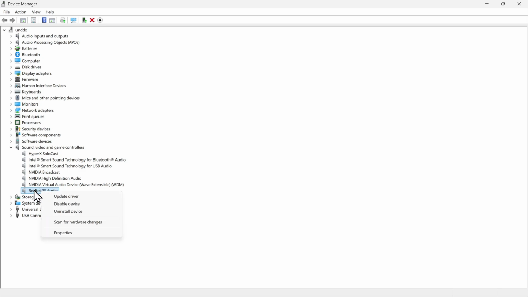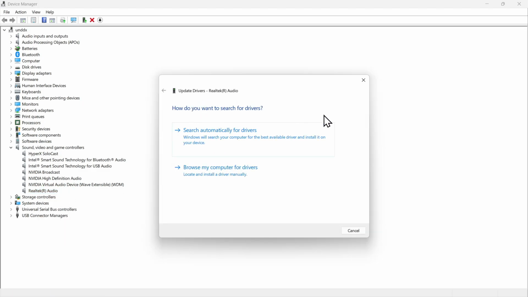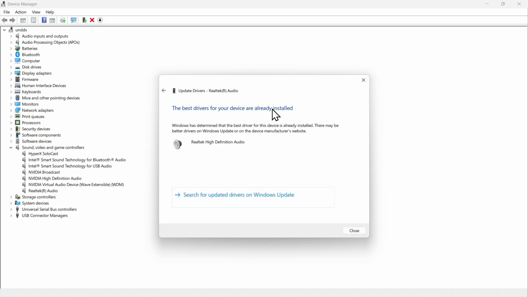You need to just right click on it and you need to update this driver. So click on update, and now from here you need to click on search automatically for drivers. So if this didn't find any update, it will tell you that the latest version is already installed, and